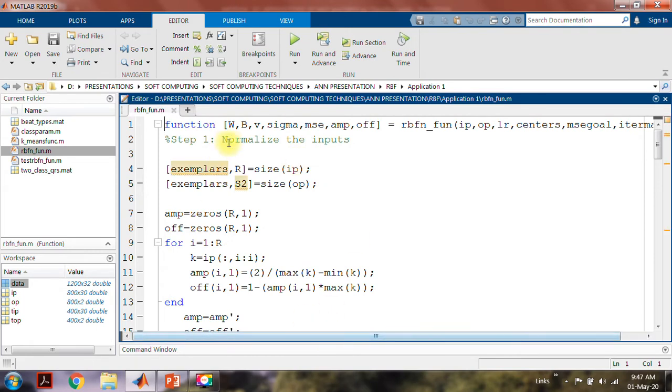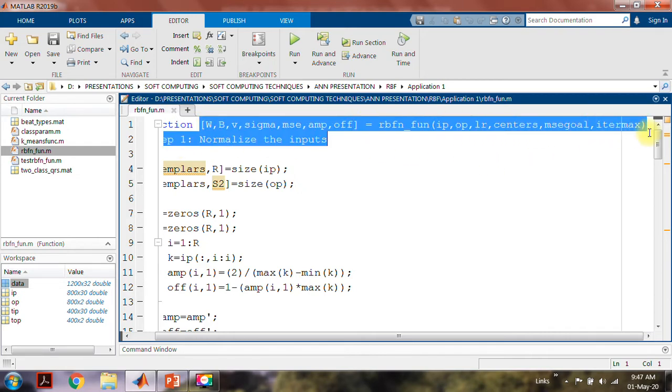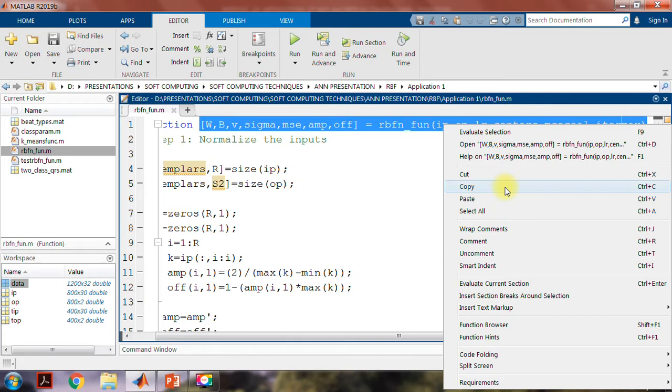So the output of these functions are the weight matrix, the bias matrix, the number of clusters, the sigma, that is a radius, then the mean square error, normalization parameters. What are the inputs? Input, output, learning rate, the number of centers, the MSE goal, and the maximum iterations. So we'll see how it works.